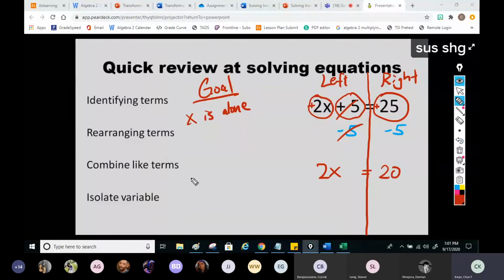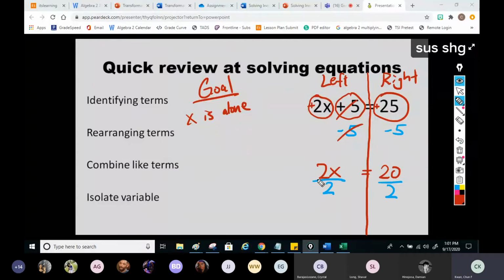So 2 times x, if you want to get to x, you have to undo the multiplication by 2. Yes, that's it. Thank you, Angelica. So you have to divide by 2 on the left and divide by 2 on the right. You have to do the opposite of multiplication. So divided by 2 on the left, divided by 2 on the right, and you'll get